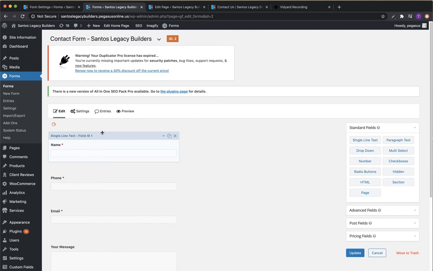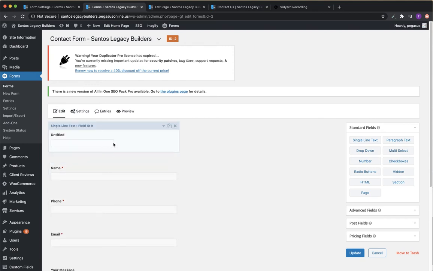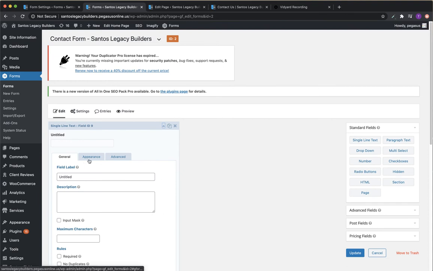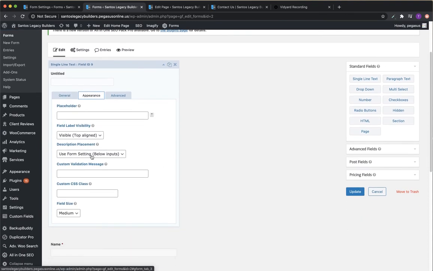It'll default and look a little weird. So you'll see that the form ends here, and that's totally fine. But typically I like the fields reaching out all the way. So what I'll do is click this and go into appearance, and see where it says field size. You can click this and go to large, and that will extend it out all the way. So that's how that piece works. Paragraph text,